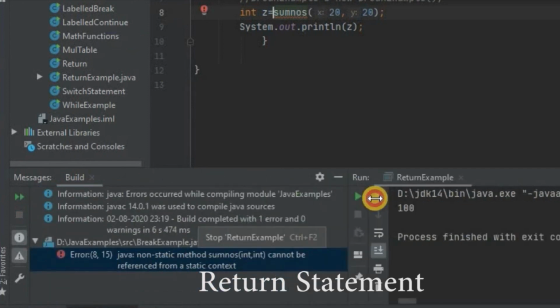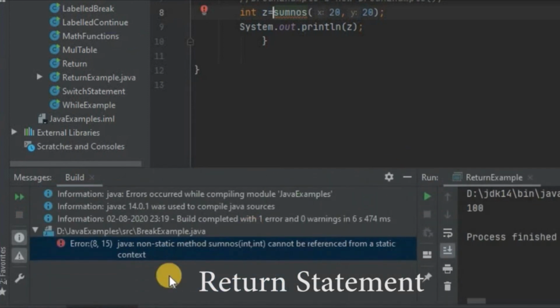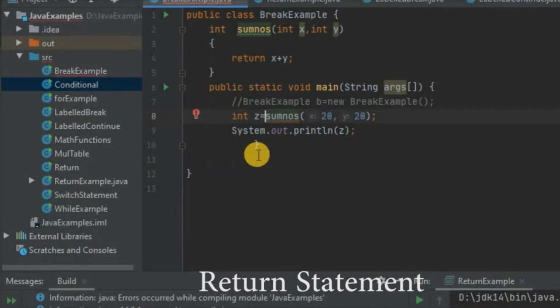We'll see that error here. Okay, non-static method sumNumbers cannot be referenced from a static context. That means in a static function, calling a non-static method is not possible.